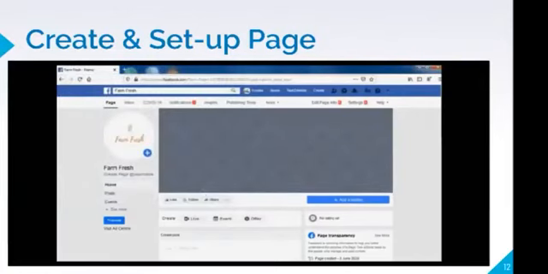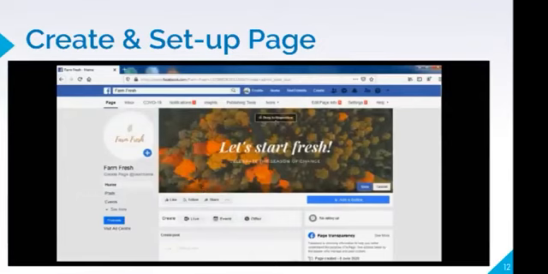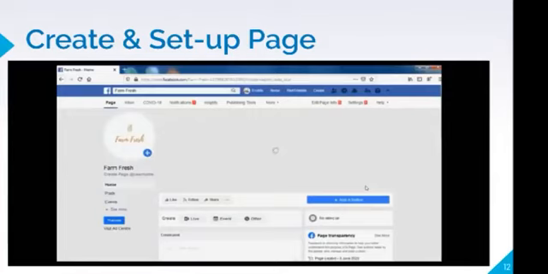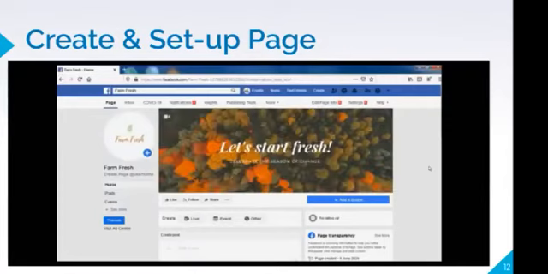So here I go. Since the image is the actual exact size of the cover, I'm not able to drag or reposition it, and that's the reason I'm just saving it. And that's the advantage of using canva.com, because you have the ready-made template based on the dimensions that you need. This is the URL for your Facebook page,